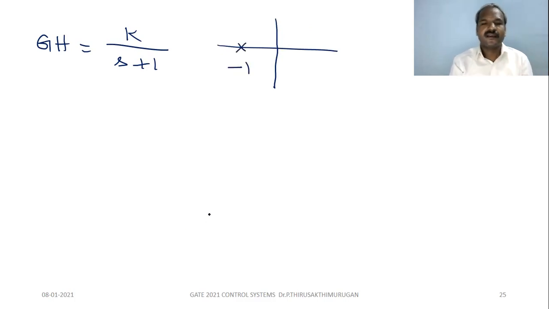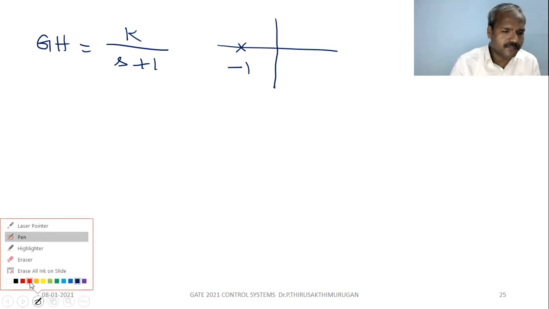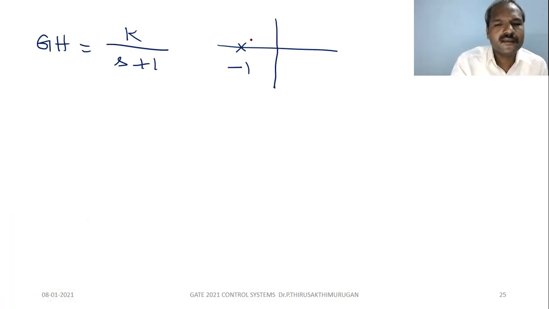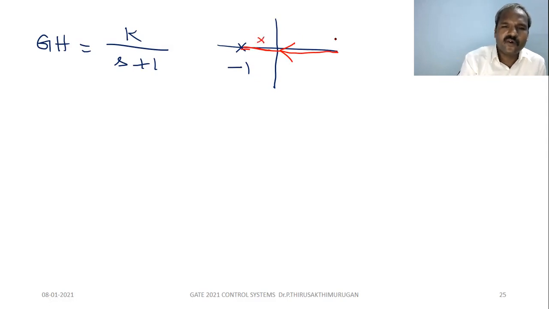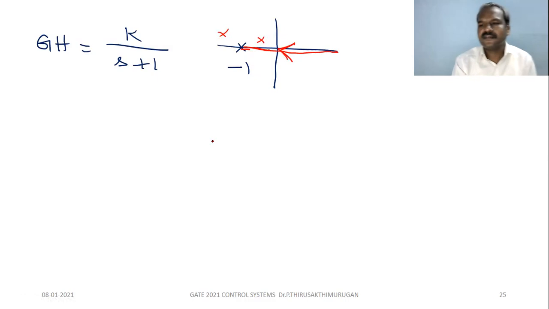So what is the condition? It approaches 0. From somewhere it reaches this pole. So the branch comes from somewhere to this pole. This is the branch. If we stay here, there are no poles. If we stay here, there is no pole here. So it is coming from this. This is the typical plot.